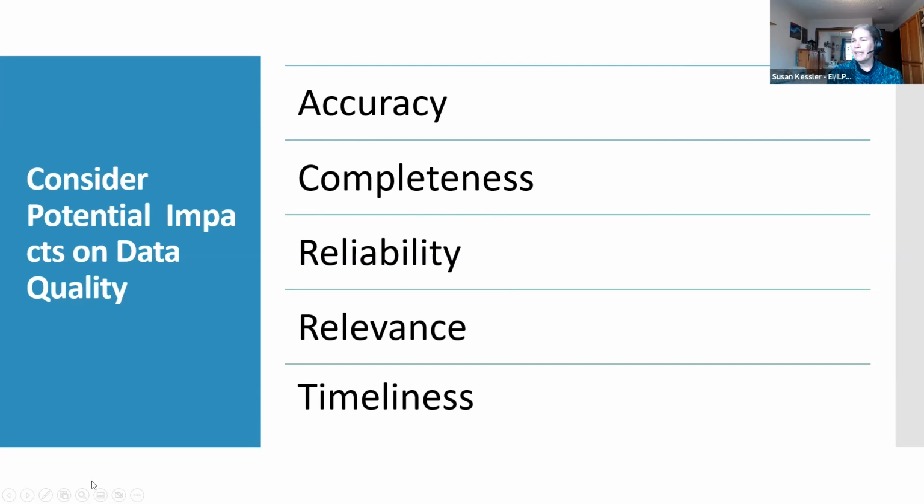So when we look at the impacts on our data quality, that's something I think we should definitely think about if you are looking at a data outage, maybe ahead of time, but also afterwards. Really consider how a data disruption could impact the accuracy, completeness, reliability, relevance, and timeliness of your data. I'm finding some of our data from a year ago is not really very useful anymore in some ways. So we still have to have it. But those, I think, are just things to consider when you think about your response to a data disruption.